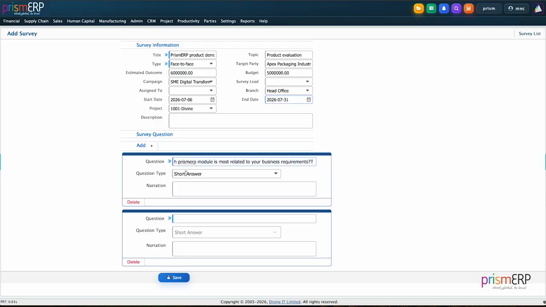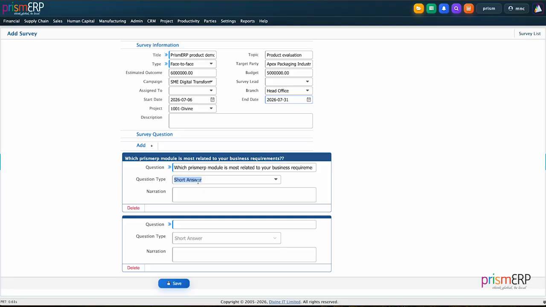Depending on the information you want to collect, you can choose short answer, paragraph, single choice, or multiple choice. I'm going to choose short answer. If the selected question type is short answer or paragraph, we can enter a narration to provide additional instruction or context